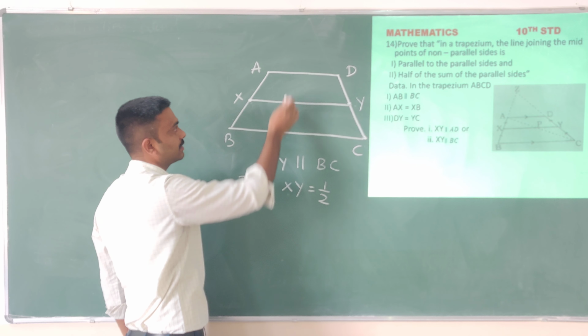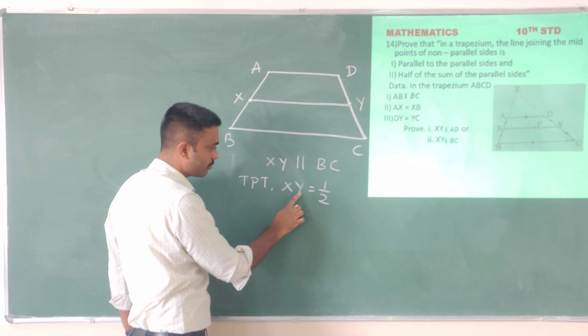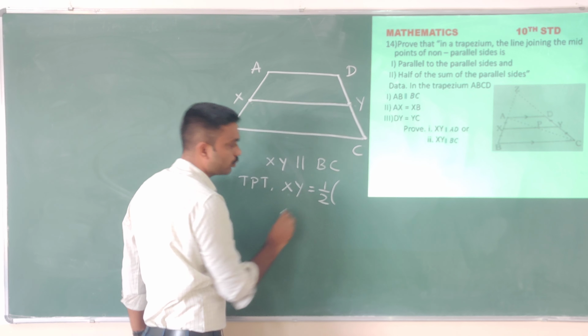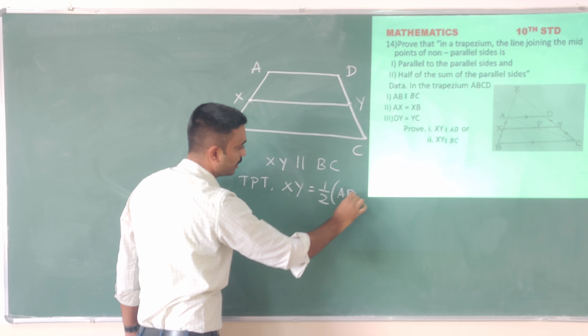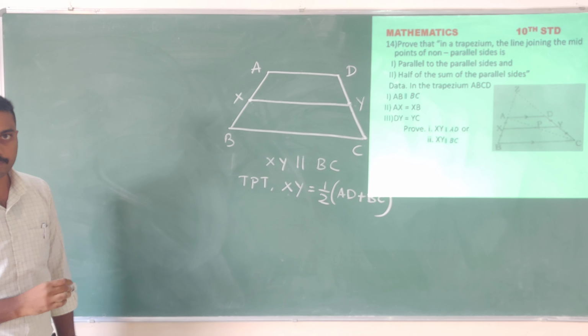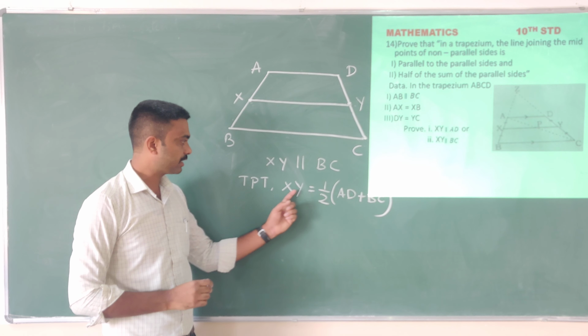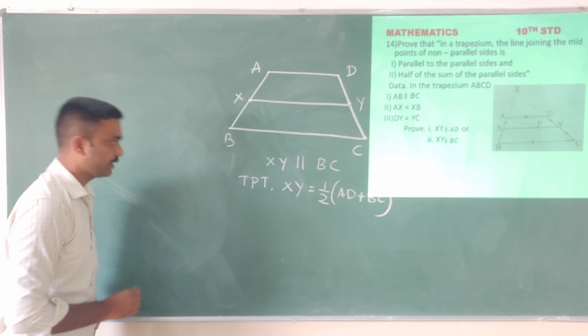What are the parallel sides in this trapezium? AD and BC. So we need to prove that XY is equal to 1/2 times AD plus BC. Okay, so now for that